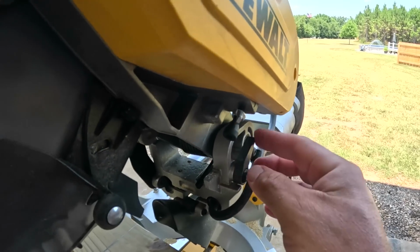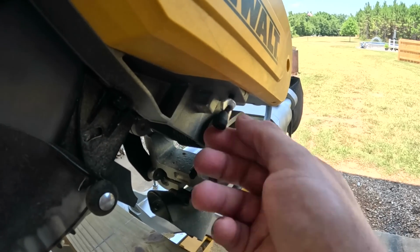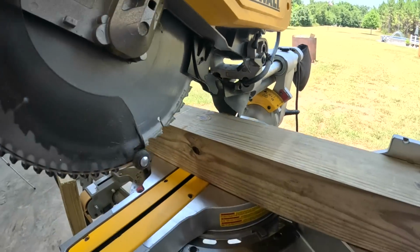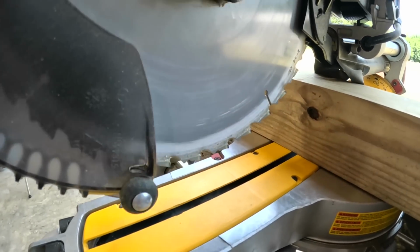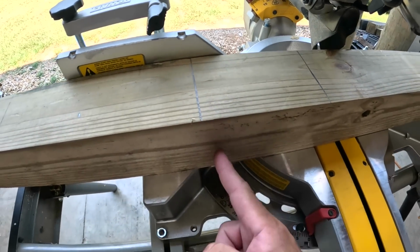So there is a tab that we can fold down on this particular saw. I can undo this thumb screw, and this is a jam nut, wherever I get it to the depth where I want. And you can see the blade bottoms out. It doesn't go all the way through, and I can keep adjusting that screw and bringing the blade up or all the way down. So I just made marks on this post, and I want to cut down 1.5 inches